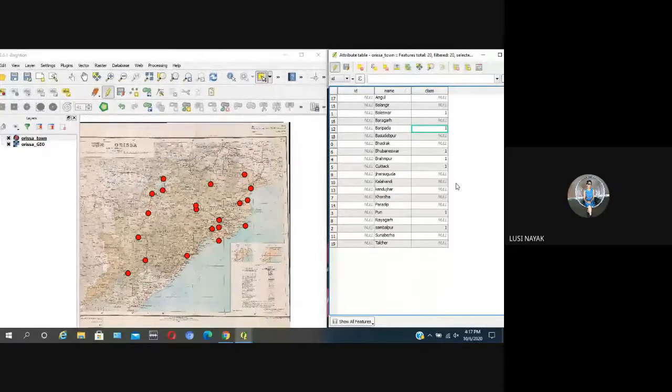All the project points completed. If both the columns are complete, then we can go for the next step.